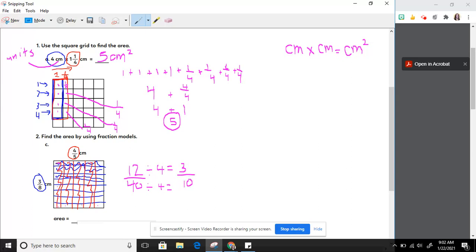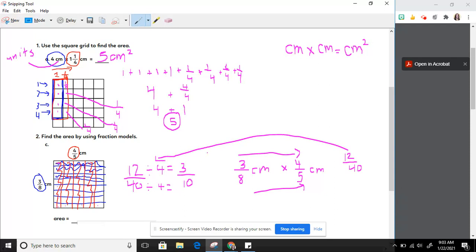And then we can even check our work by doing the multiplication across. We can do 3/8, and remember we've got units, centimeters, times 4/5 of a centimeter, and multiply across. 3 times 4 is 12. 8 times 5 is 40. And we got the same answer, 12/40. And again, that can be reduced to 3/10. Those are equivalent fractions, and we can't forget our units. All right, we got to make sure that we include those units. Centimeters times centimeters. Remember, we go look up here, centimeters times centimeters is centimeters